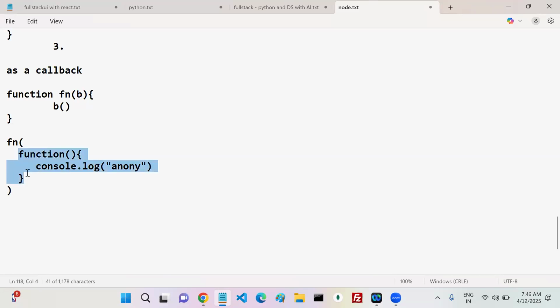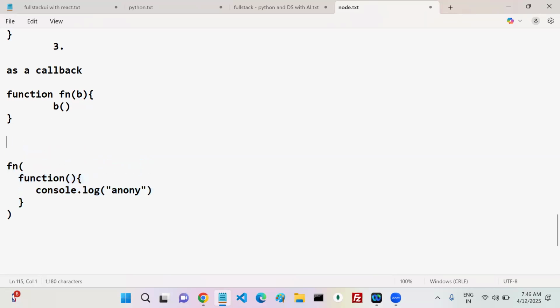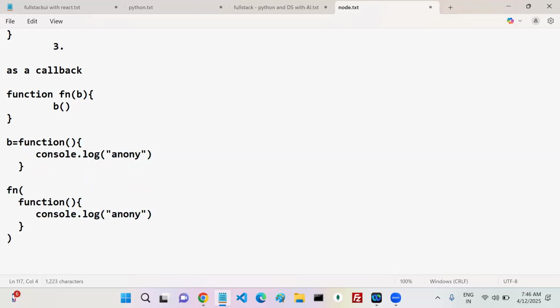Now, this one goes to where? Go to b. fn is assigned to which variable? B, right? So now my b is this one. Yes or no? This value is assigned to my b. So this is only an internal code snippet or not? Now my b holds what? Not 10, not a string, not an array, not a number, it holds a function. b holds a function.